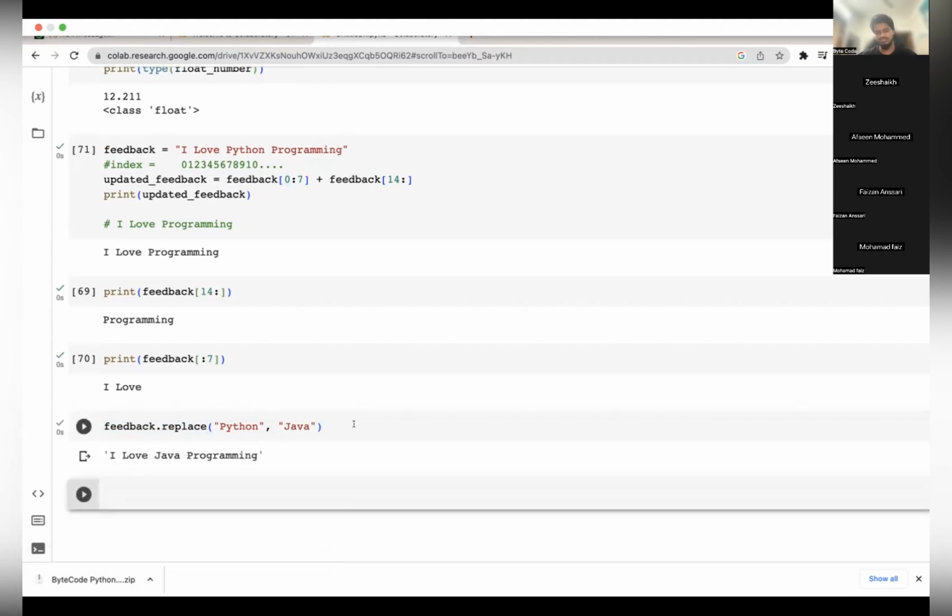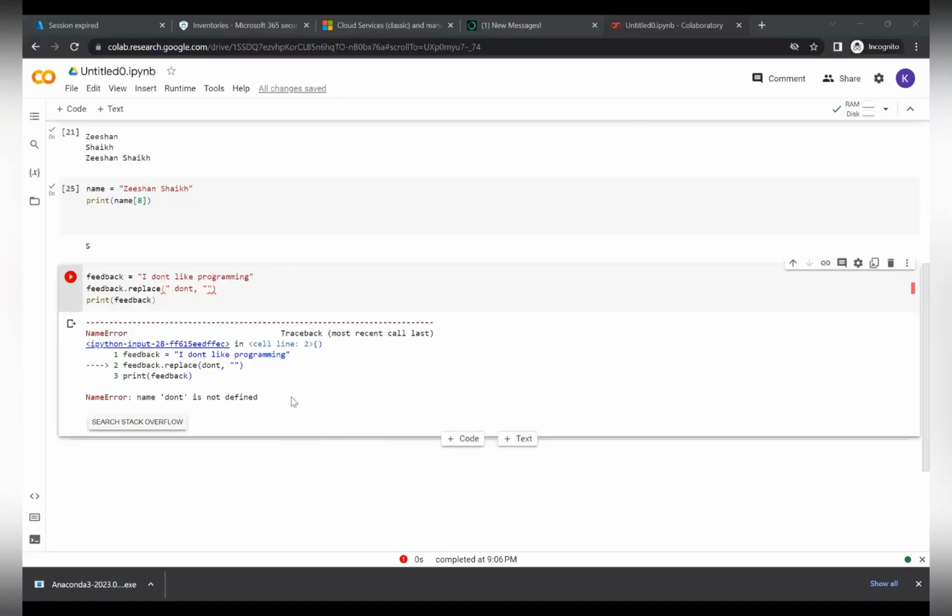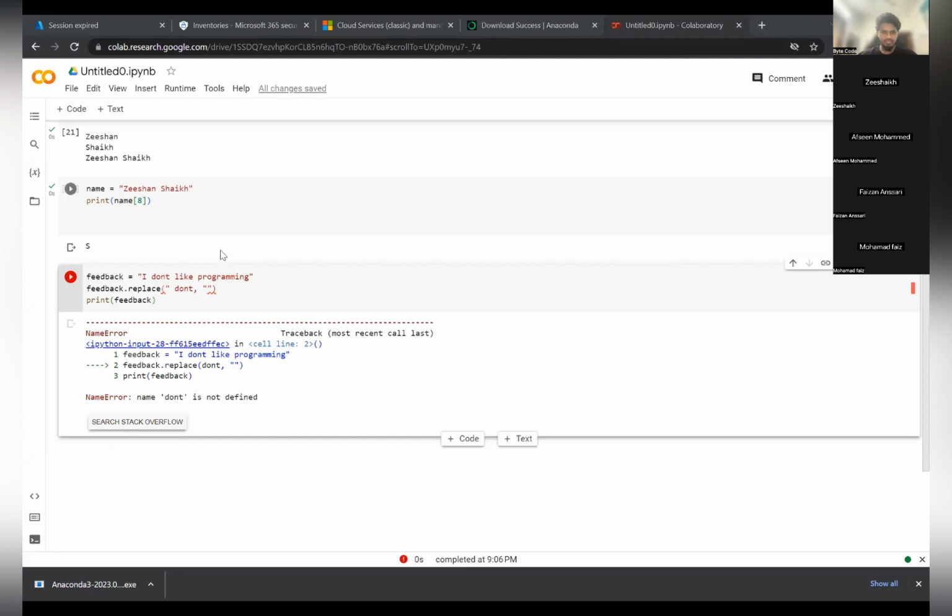I would just like to share it again for a moment. Yeah, sure. Is this visible? Yeah, it's visible. Can somebody tell me what's the error here?